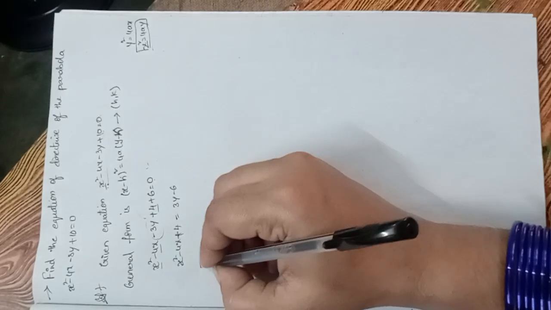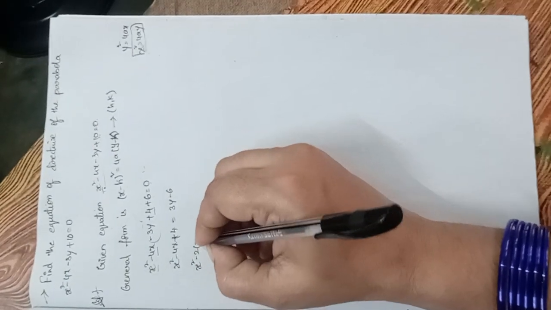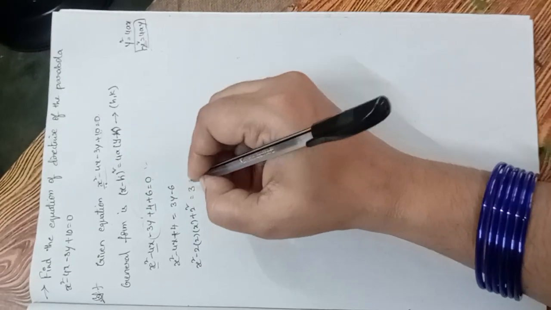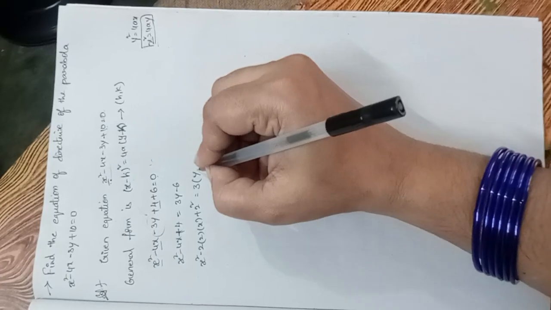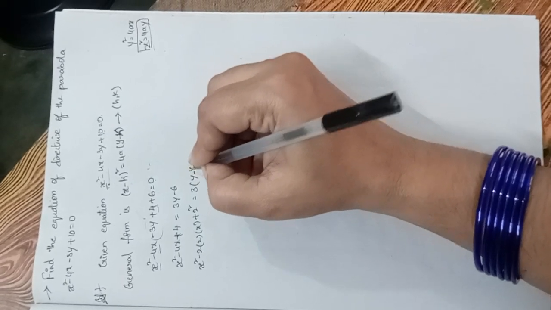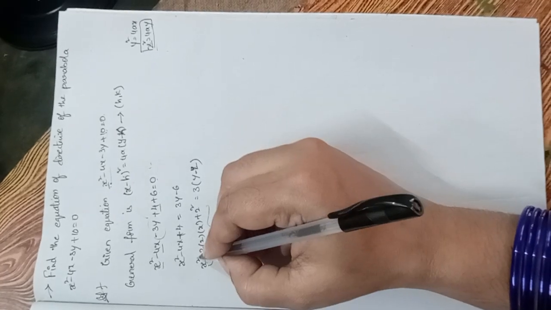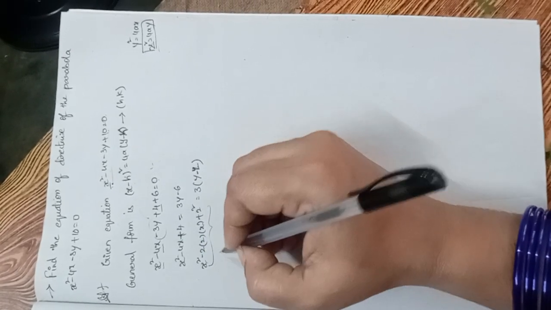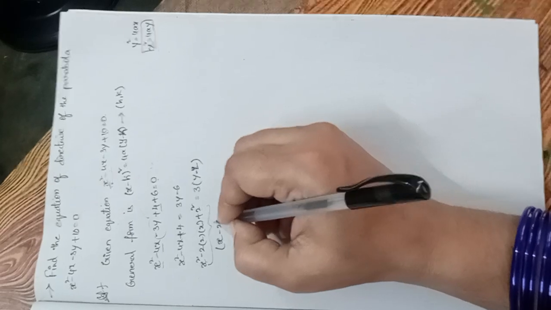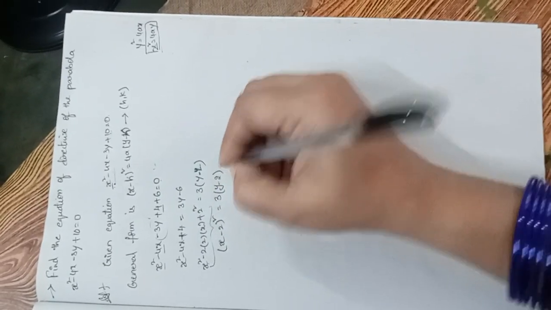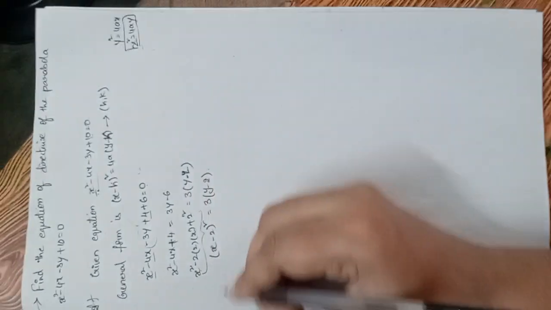So this is how we can write x square minus 2 into 2 into x plus 2 square equals to 3. If you take common the other side, you will get y minus 2. Okay, so this is in the form of a square minus 2ab plus b square. So what is the formula for it? A minus b whole square equals to 3 into y minus 2. Okay, therefore